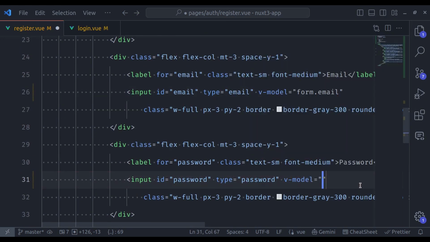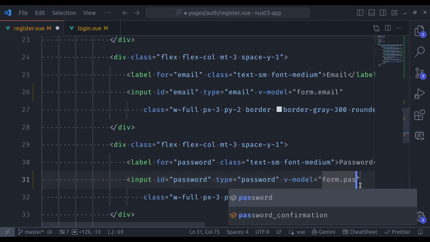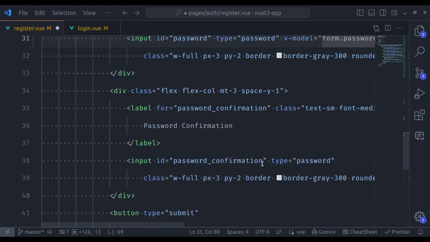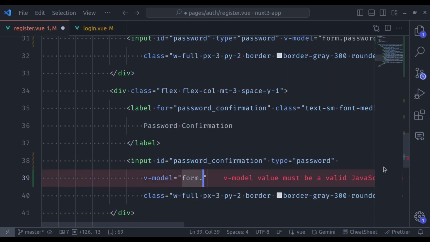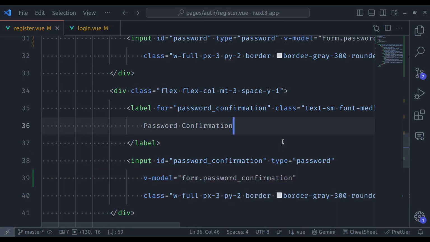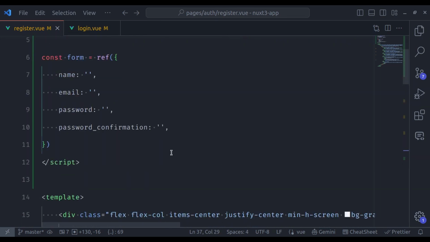v-model is equal to form.password. And finally, in this password confirmation input field, v-model is equal to form.passwordConfirmation. It is done. Now let's create a function